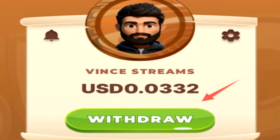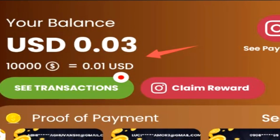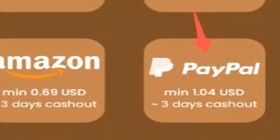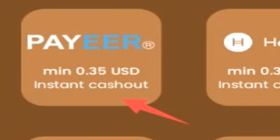Now, tapping on the withdraw button, everyone, will allow you to break down the currency here of 10,000 coins, converting into 1 cent USD. And this being a Givey application, you can see there are many different type of cash out options available, of course including PayPal currency with a minimum of $1.04 needed. But you do have Amazon for 69 cents, Gcash for 35 cents, and Payeer for even 35 cents, which I